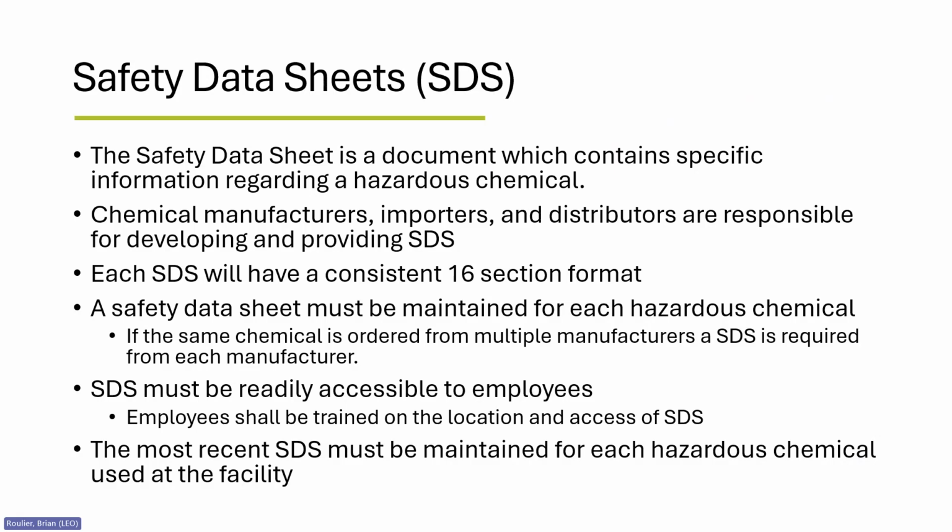Chemicals produced and used today must have a safety data sheet which complies with the current Hazard Communication Standard. One of the benefits of the GHS system is that all safety data sheets will be in a consistent 16-section format so that the necessary information can be located in the applicable section. These 16 sections will provide information regarding the chemical's hazards, properties, and response actions.